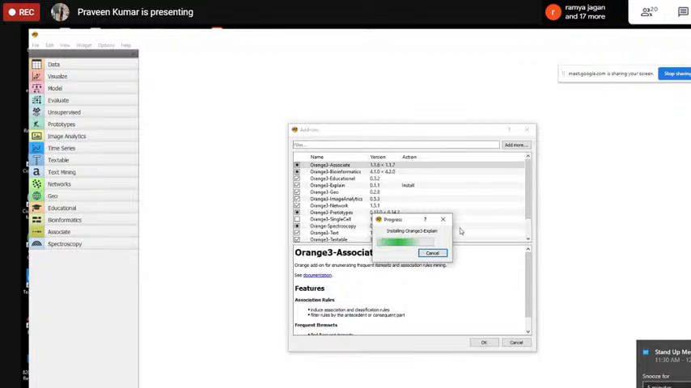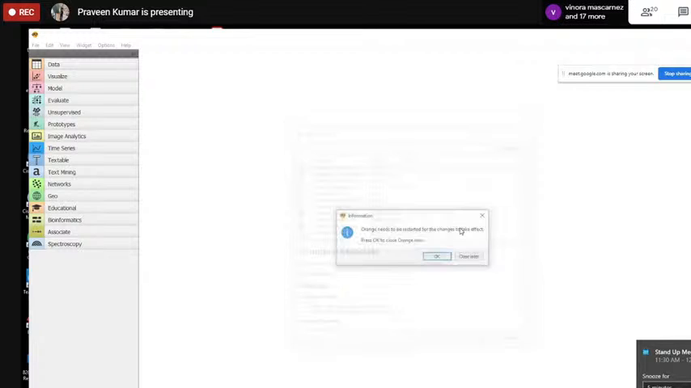Let me download it. Once it is downloaded, we have to restart Orange. Once Orange is restarted, we will see that Orange needs to be restarted for the change to take effect. Let me say okay. See here, there is a new category called Explain. Once Orange is restarted,